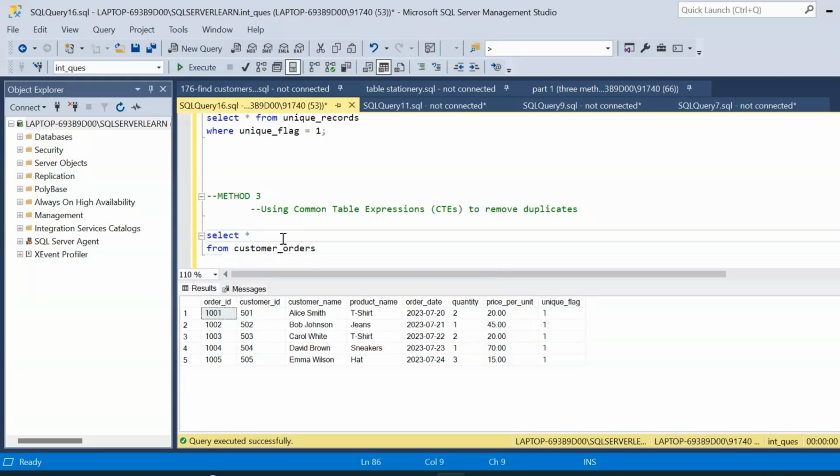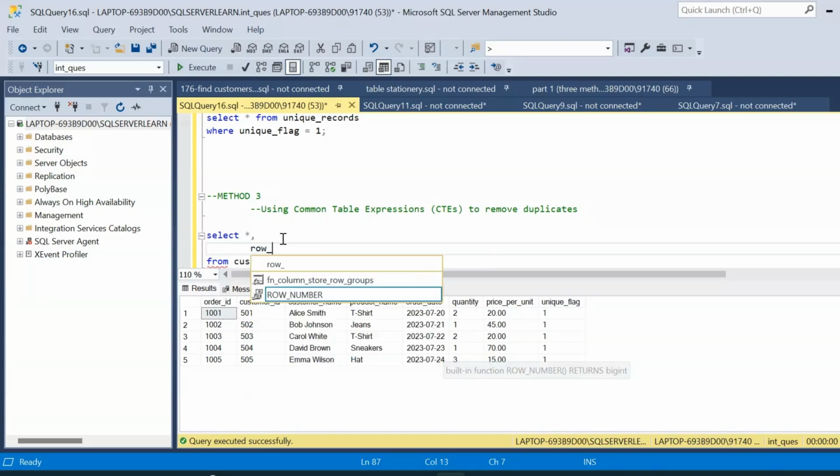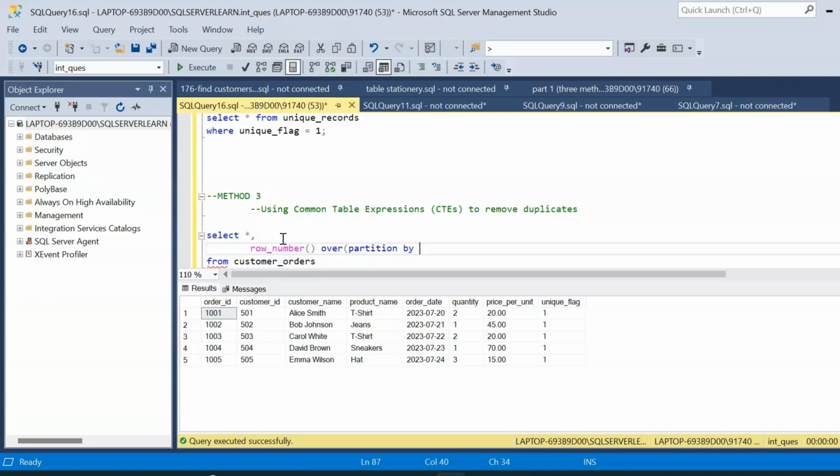Now after that, we are going to make use of a window function. We will make use of the row number window function itself, row number, open and close parenthesis. Now write the over, and partition will be based on our order ID, order underscore ID, and order by will also be based on the order ID column, order underscore ID, close parenthesis, and this will be named as